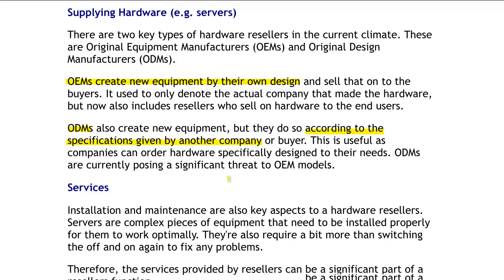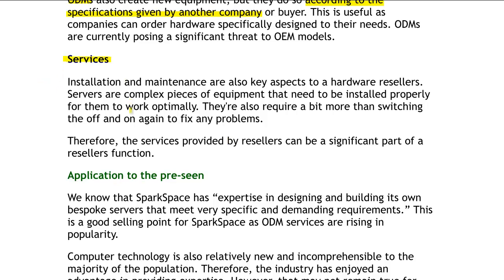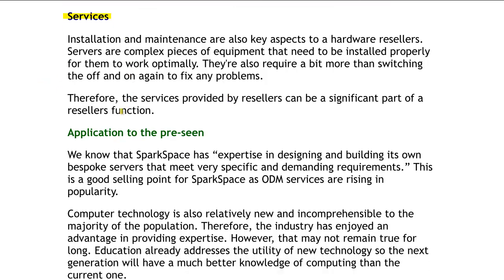Another key change in the industry at the moment is involved with the services. Now this involves things like installation and maintenance. However, recently there's been a shift towards services in the industry. It's a lot more profitable than providing servers or the hardware. And this is because the hardware tends to be so similar, unless you need very specific requirements, it tends to be so similar that you can't really mark up on what you're selling because there's about 10 other companies providing exactly the same thing.